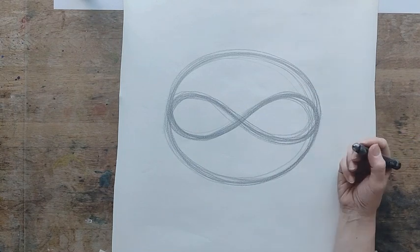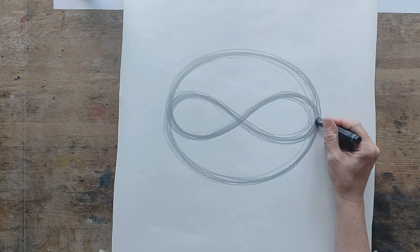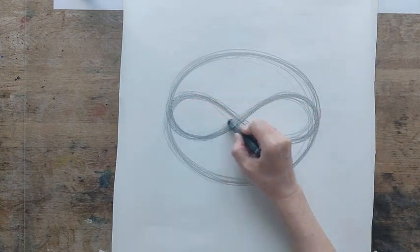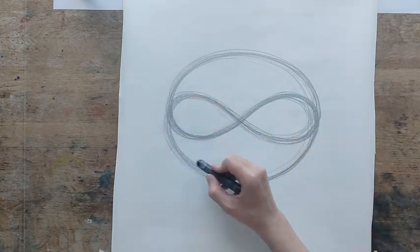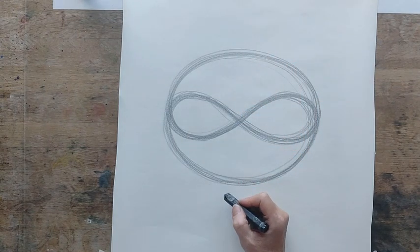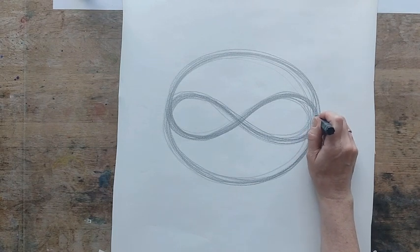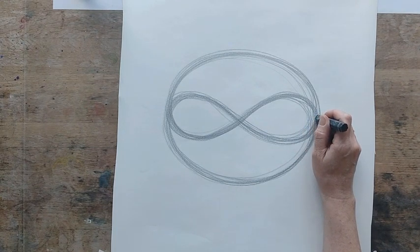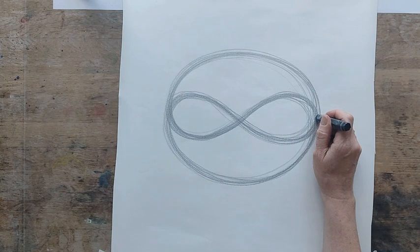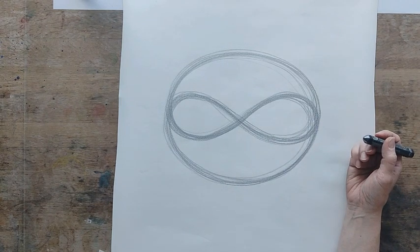It's important to practice both the shape with the lemniscate in the horizontal position and the lemniscate in the vertical position, because it's the foundation for the next few exercises that we're going to be working with in the next few videos. So practice this form and the same form but in the